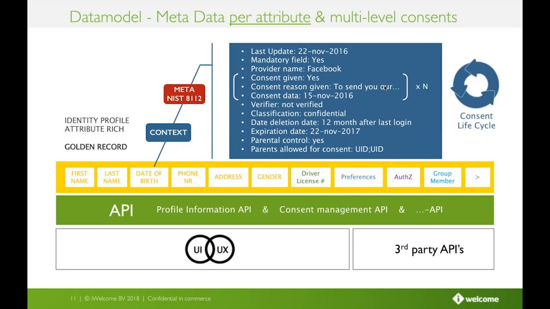So we can record basically all these different consents. You also have the possibility to store a lot more metadata around it. So where the data came from, but also things like the expiration date or if it's confidential or not. So things like data retention can all be stored there. Then, of course, the UI gives you the possibility to view all that information, your consents, certain metadata. It will give you the capabilities of changing the data, to receive a receipt of the consent and to request a certain consent.